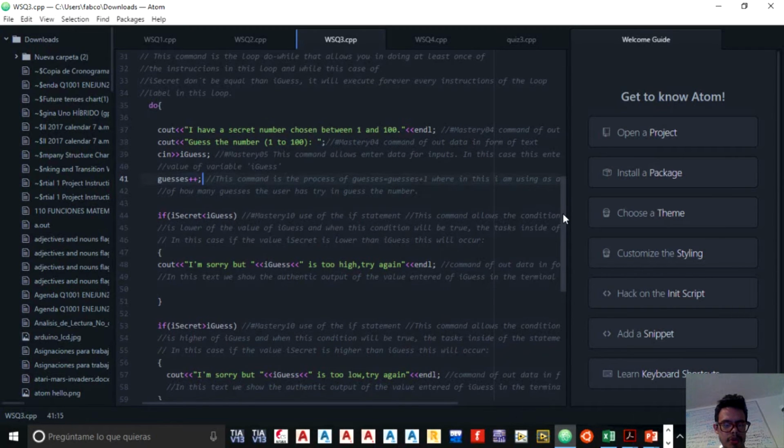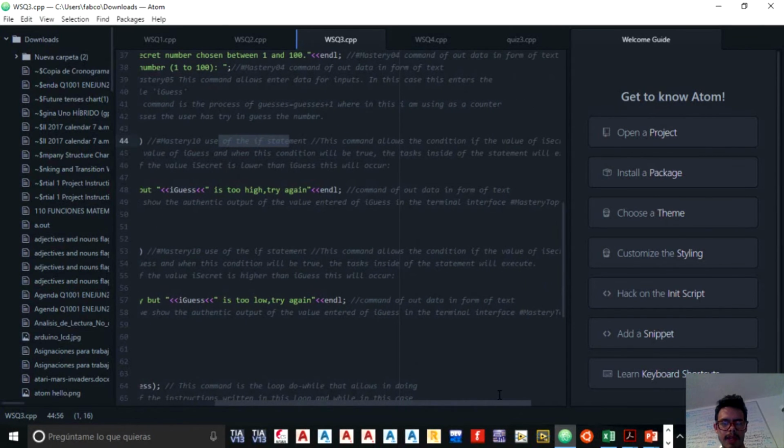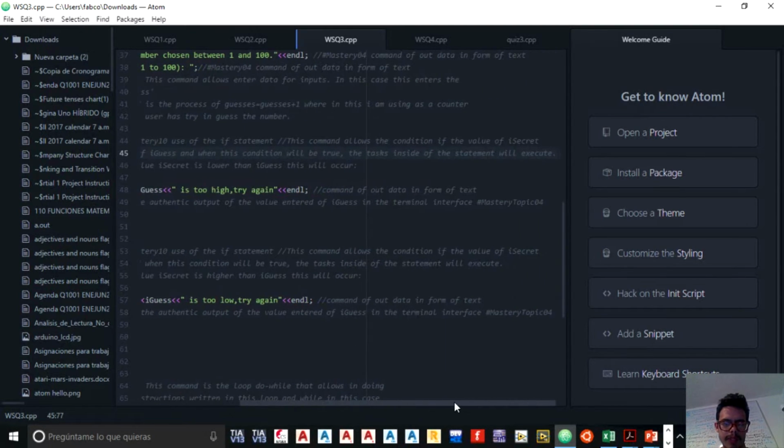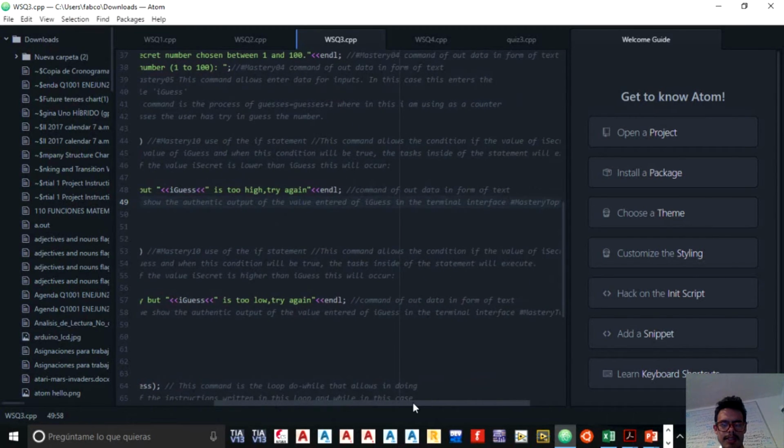So after that, we have to use again mastery topic 10, that is the use of the if statement. This command allows the condition: if the value of the variable I secret is lower than the value of I guess, and when this condition is true, the statements inside of this condition will execute. In this case, if the value I secret is lower than I guess, this will occur. I put a cout, that is a command of data in form of text, and I say, I'm sorry, but the number I guess is too high, try it again. In this case, we show the output of the value entered of I guess in the terminal interface, mastery